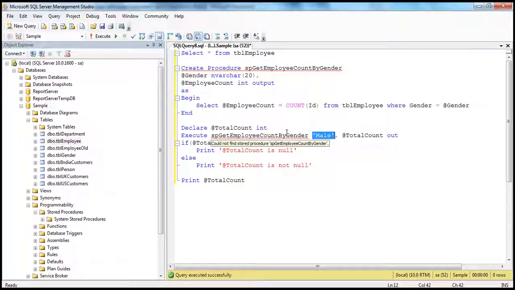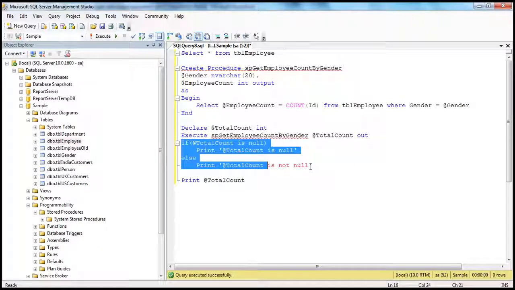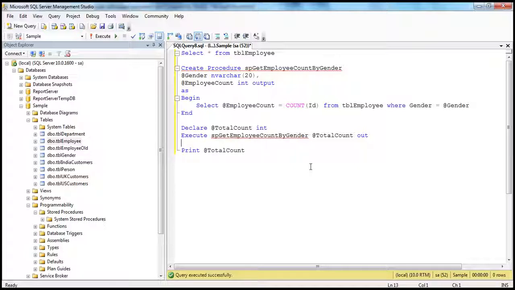Now if you use the parameter names when you're passing values to the stored procedure, then the order doesn't really matter. For example, look at this. Let's say I want to pass my output parameter first. How do I do that? You have to use the parameter names. Okay, let's get rid of this here. So what's the parameter name? It's @employeeCount. So @employeeCount is equal to this output parameter, and you still should have the out keyword,